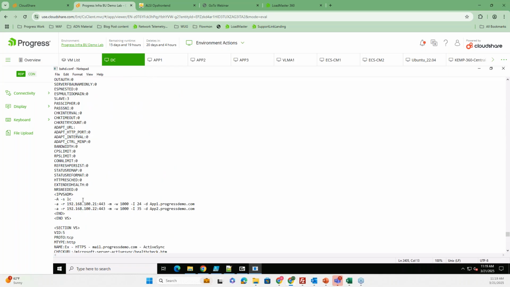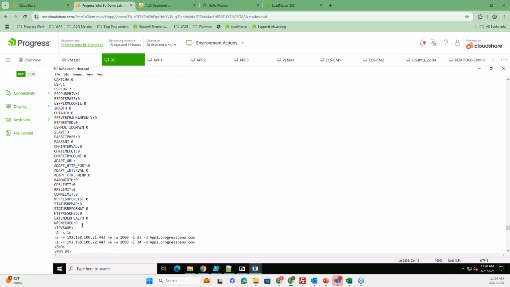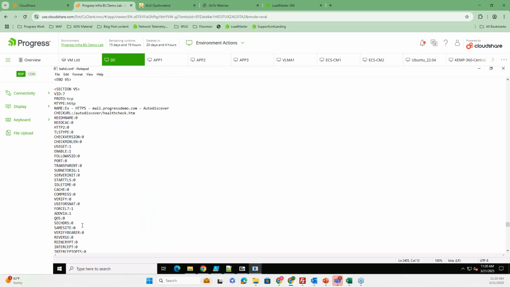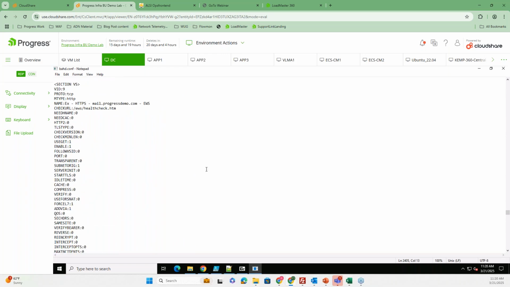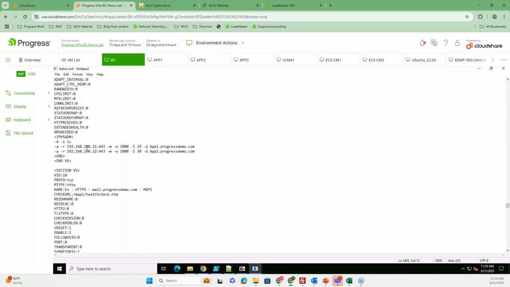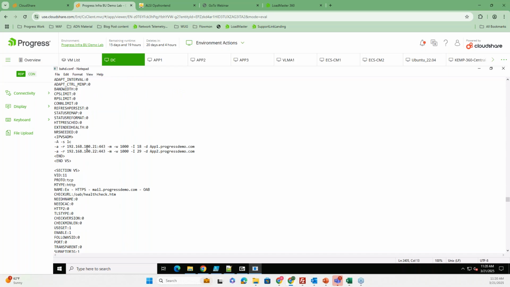These are subsections. Let me double check. Subsections. So I will paste the virtual service that I want to migrate into this setting here. And then I can restore the backup with a new virtual service in it.